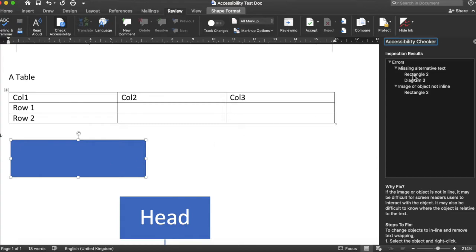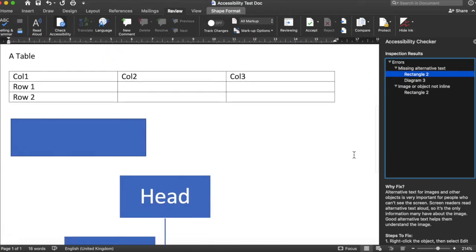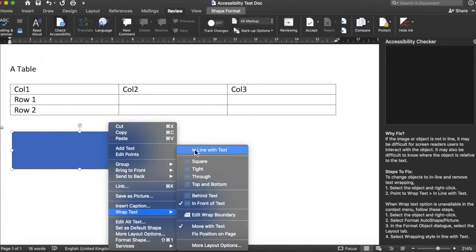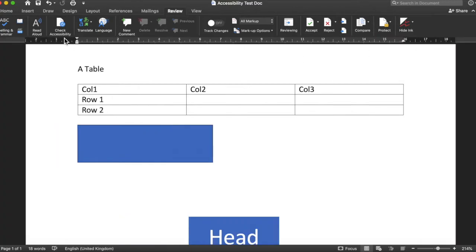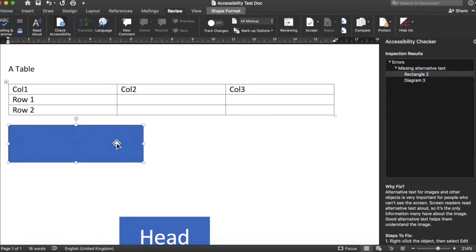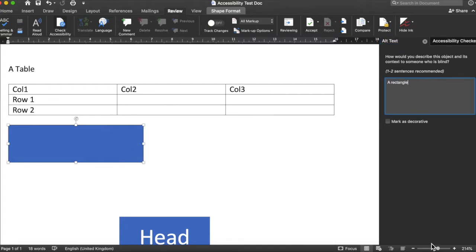So we can see two things here for the rectangle. One is that there's missing alt text. So this will be exactly the same as we use for the graphic. And then the other one is also that the image or object is not in line. We're going to select the object, right click, point to wrap text, and then inline with text. Looking up here in the accessibility checker, let's run it again. So now we only have rectangle 2 is missing the alternative text. So again, edit alt text, a rectangle,